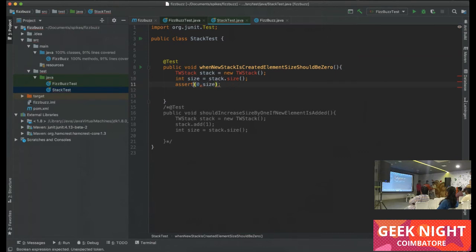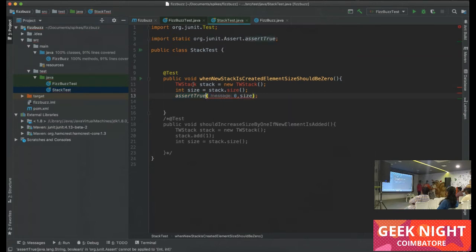I think we need to give a capital Assert. Alt Enter. I think it is assertTrue.